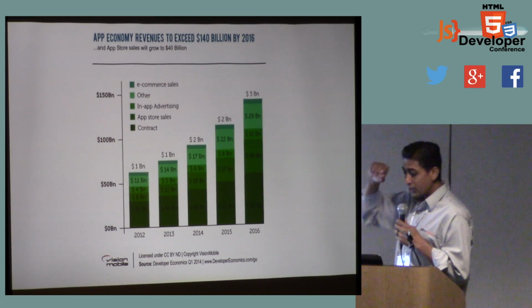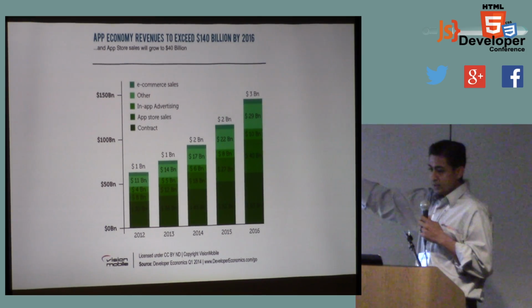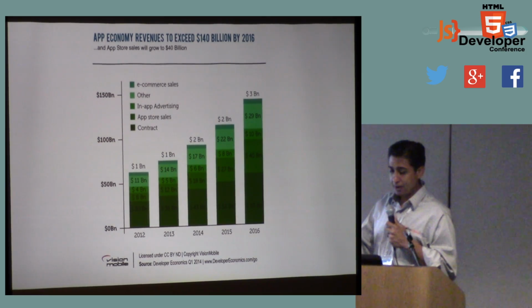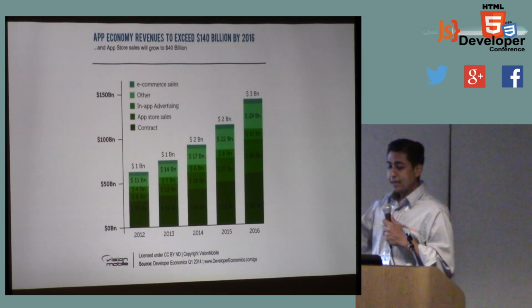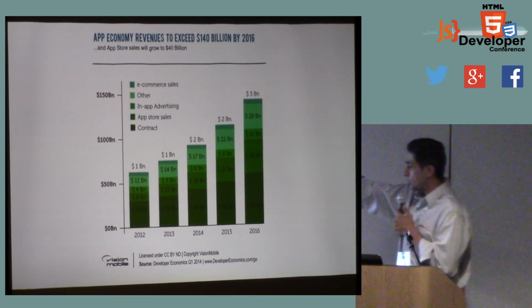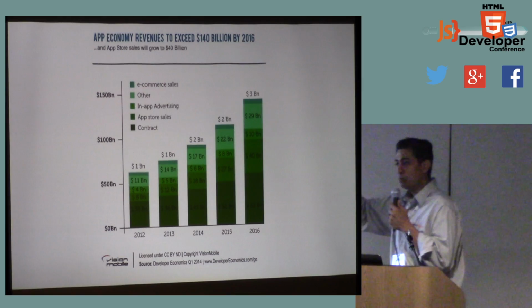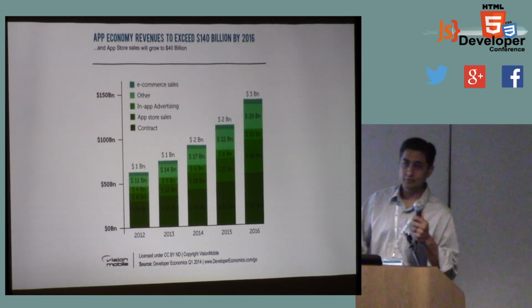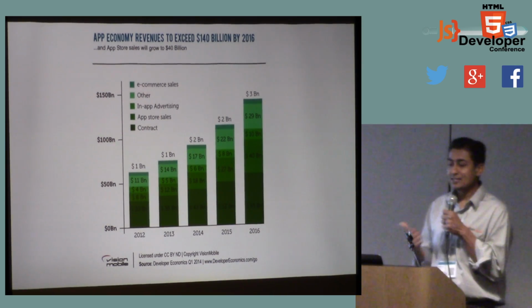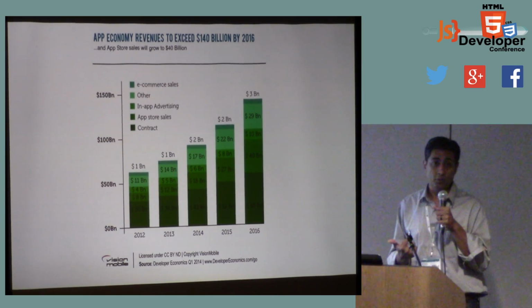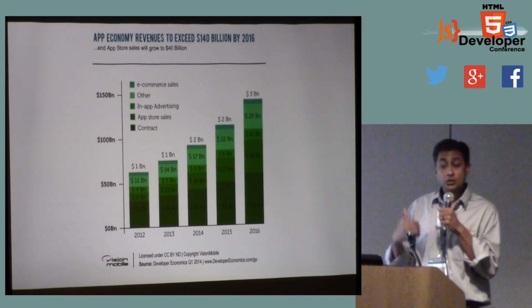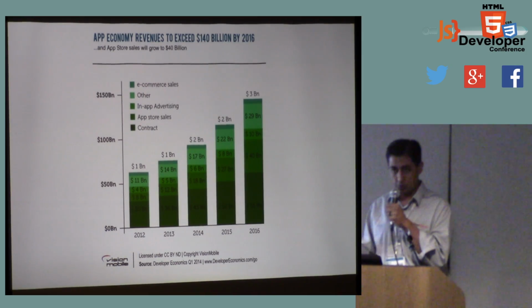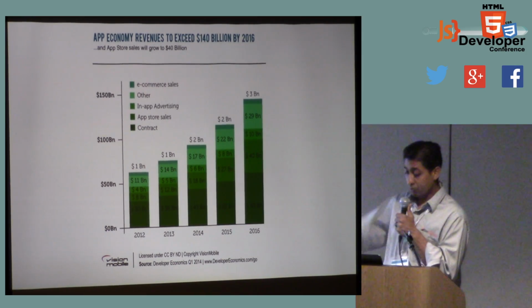Now, where exactly is it at? By 2016, they estimate that it's going to be not necessarily in-app advertising. That's still going to be huge, but in contract development, right? So 63 billion. Now, contract development, this is where most companies out there, because they don't have the expertise, rely on you guys. They're going to rely on you to get some solution out there, and they're going to want it cross-platform. So, again, I say choose a good framework. If you don't choose ours, fair enough. But choose a good framework that solves the problem. And right now, companies have problems.